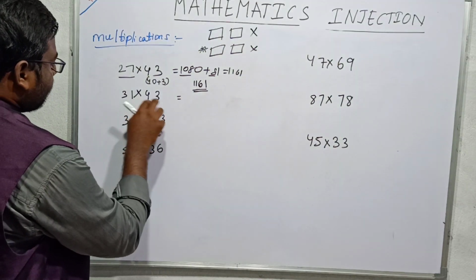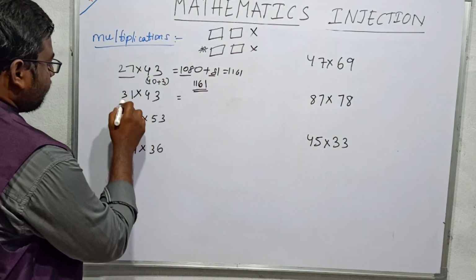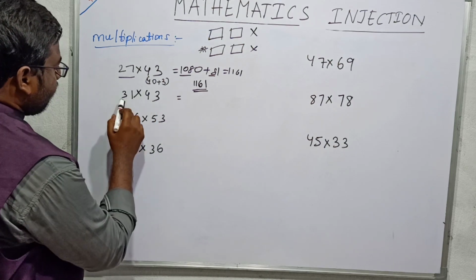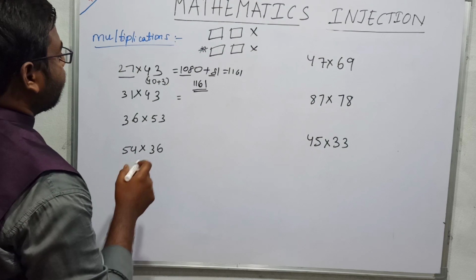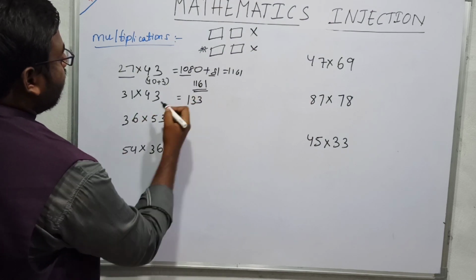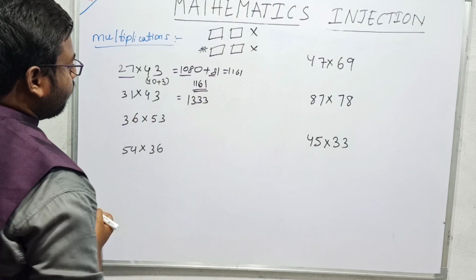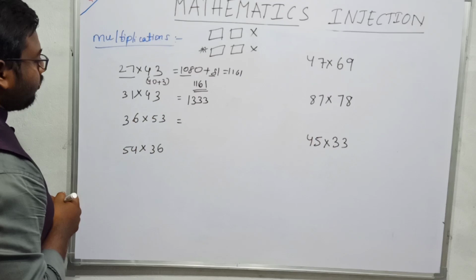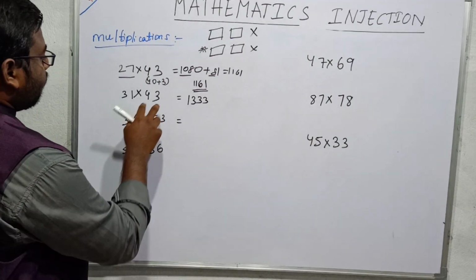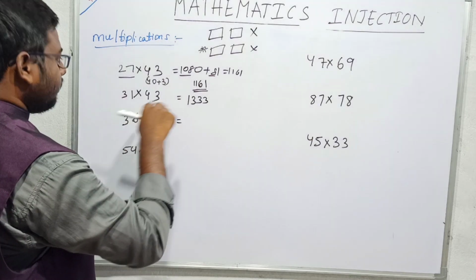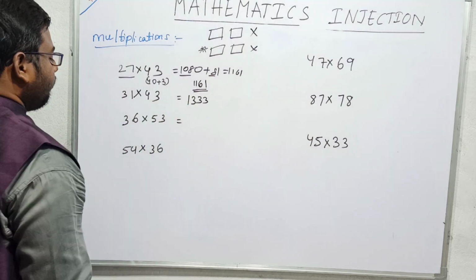So if we calculate 31 into 43, I will take 31 as distributor. 31 into 4, this is nothing but 124. 31 into 3, 93. 124 plus 9 is nothing but 133. And in that 93, 3 will be the unit digit, so 1333. I will try this with this also, because we don't know the multiplication with 43. 43 is 129 plus 43. 129 plus 4 is again 133, and 3 will be the unit digit.